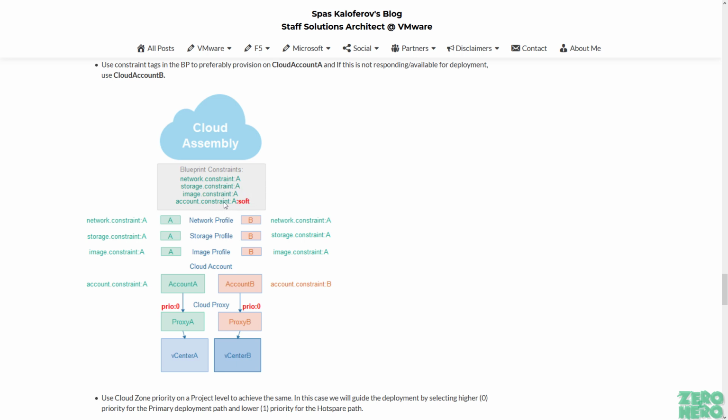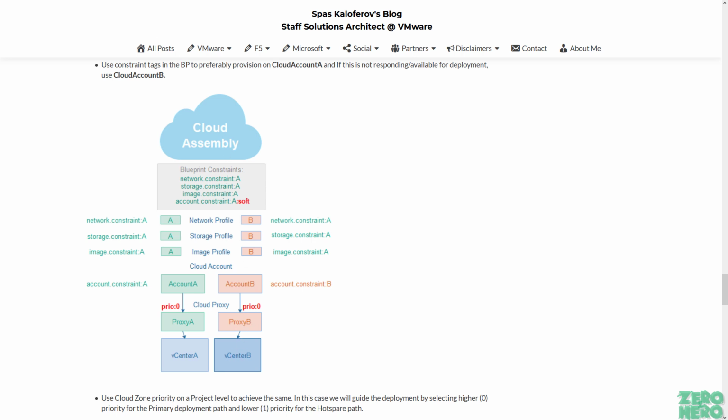In this case, if cloud account A or proxy A is no longer responding and I cannot provision to vCenter A, because I'm using a soft constraint, this will trigger a deployment on path B, which will provision to my vCenter B